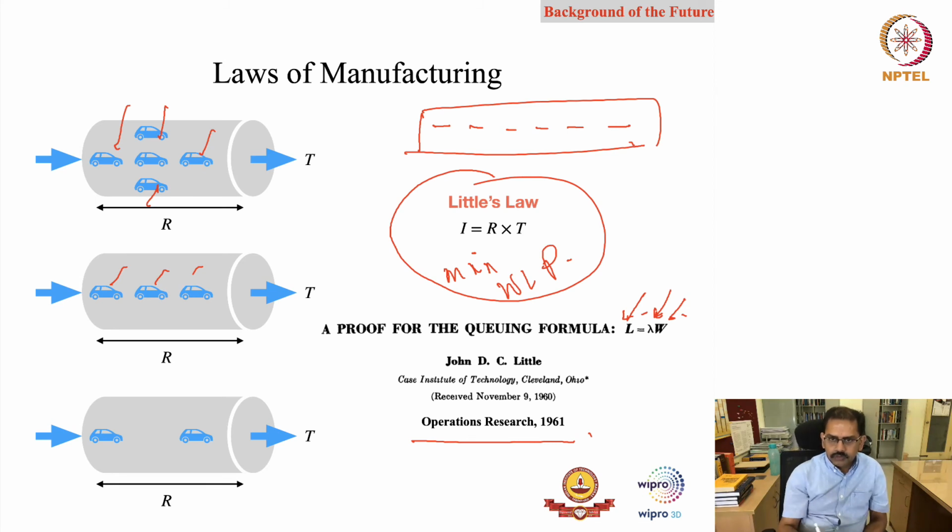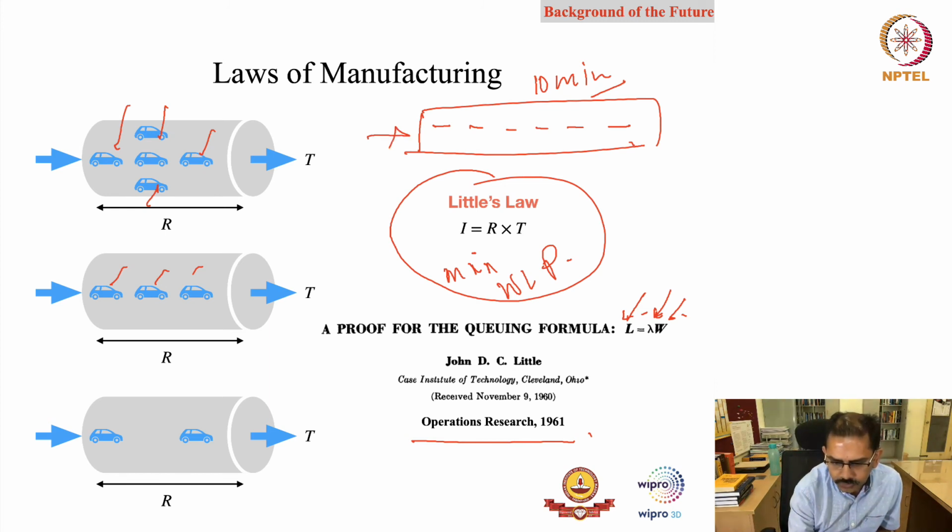In fact, if you read more into Little's law, it is independent of the distribution, right? So there could be a process time, all those things have been averaged out, correct? So in fact, I can call it the minimum of the average WIP is equal to average cycle time multiplied by the average throughput, right? Now, there would be 10, say, sub processes, and each process takes, say, 10 minutes, right? So I put some input here, and so total cycle time is 100 minutes, correct?